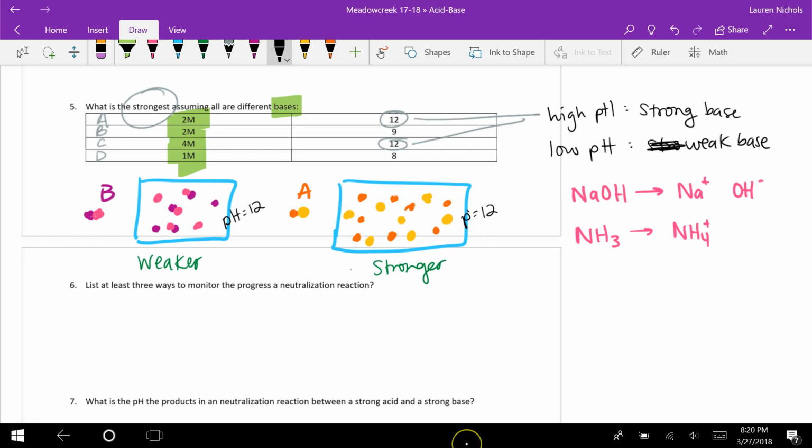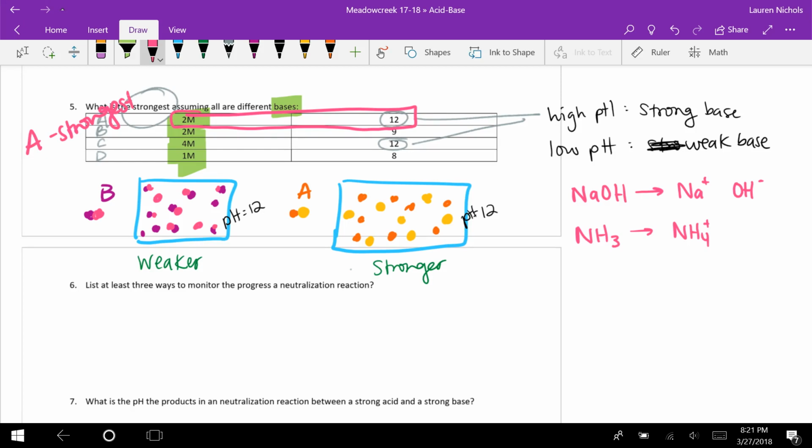yes, if we have a pH of 12, right? Then this weaker one will have to have a higher concentration, right? So it's going to have a lot more molecules in there in order to make up for the fact that not all of it is breaking apart. And so that means the strongest one is actually one with a lower concentration but the same pH. So that means A is the strongest,